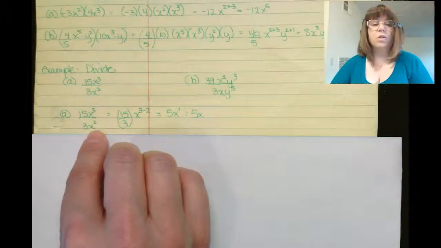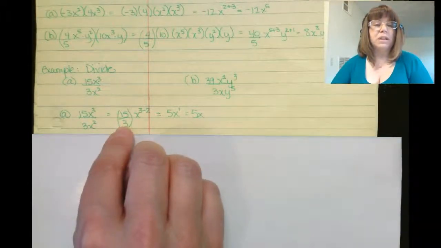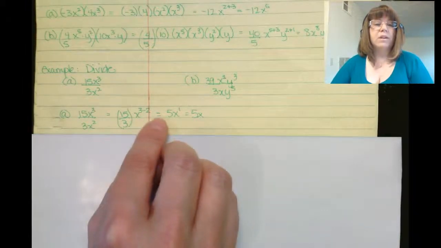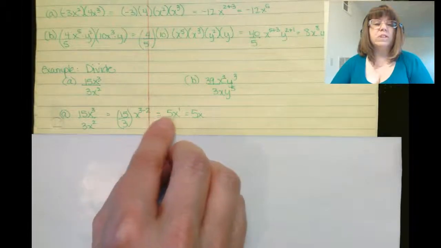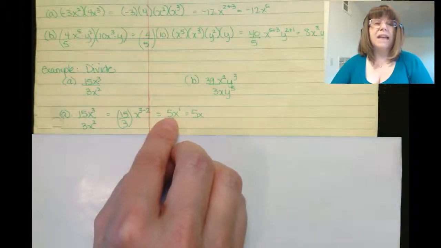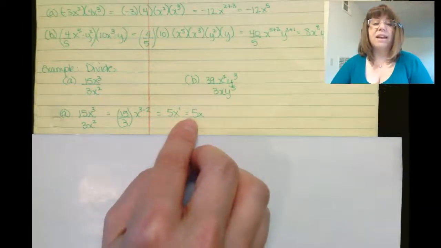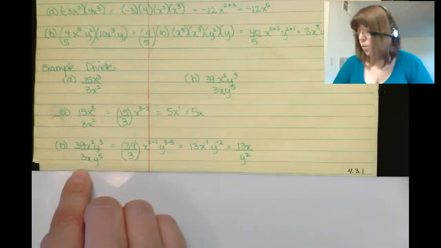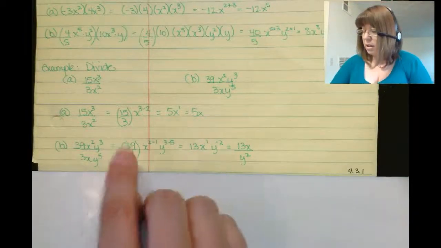For our first problem, 15x cubed over 3x squared, that's going to be 15 divided by 3 and x to the 3 minus 2. 15 divided by 3 is 5. 3 minus 2 is 1, so it's 5 to the x1, but we don't need that 1, it's implied, so it's 5x. For the second problem, 39x squared y cubed all over 3xy to the fifth, we're going to start